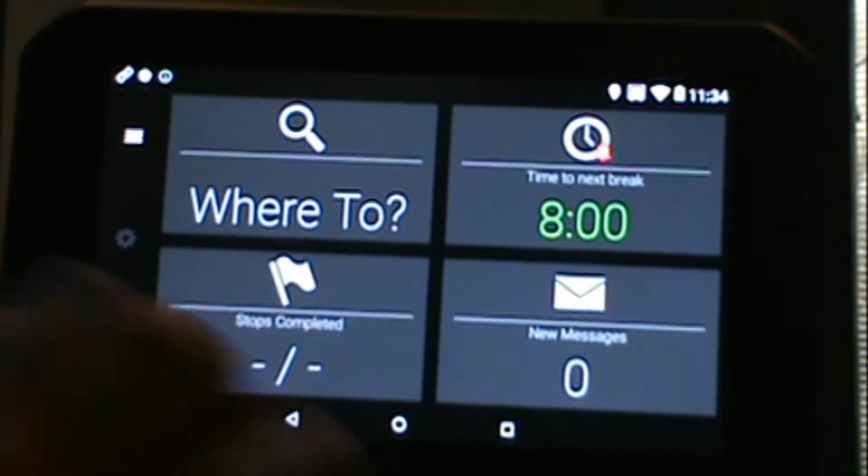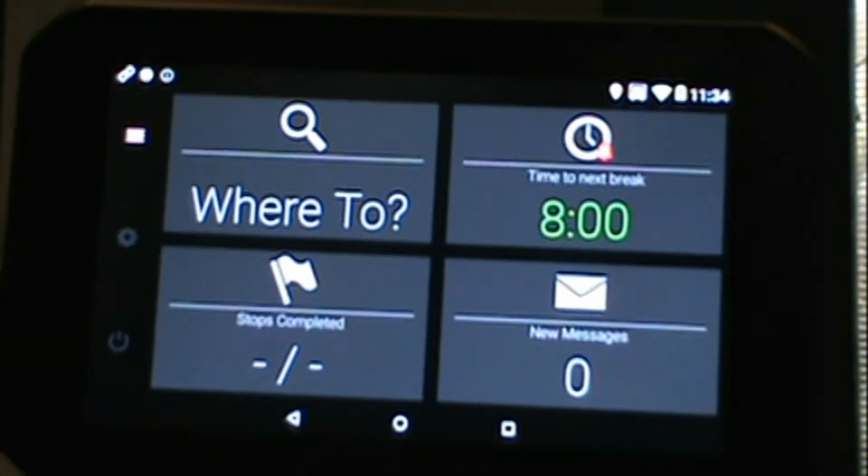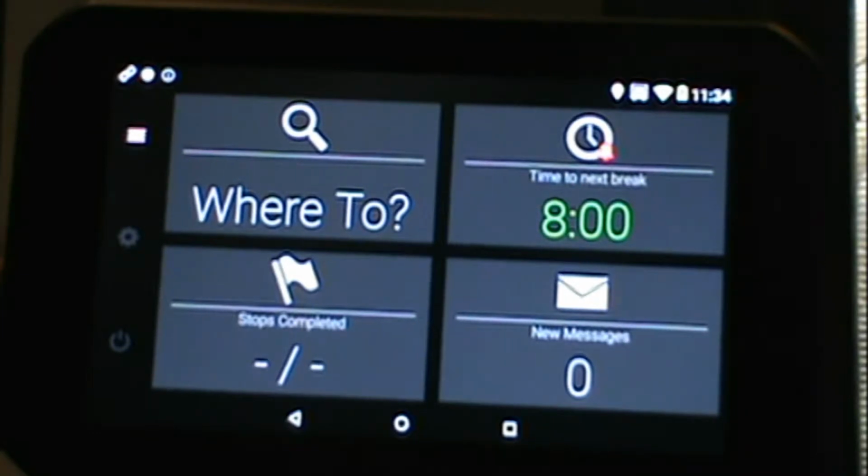Down below here, this is something that, once we get fully transitioned, dispatch will be able to use to put in your specific routes and locations. Whenever you arrive at a location, it will show that you have arrived and we will get notification of this. It currently is not set up, but once it is, we will go over it in another video,